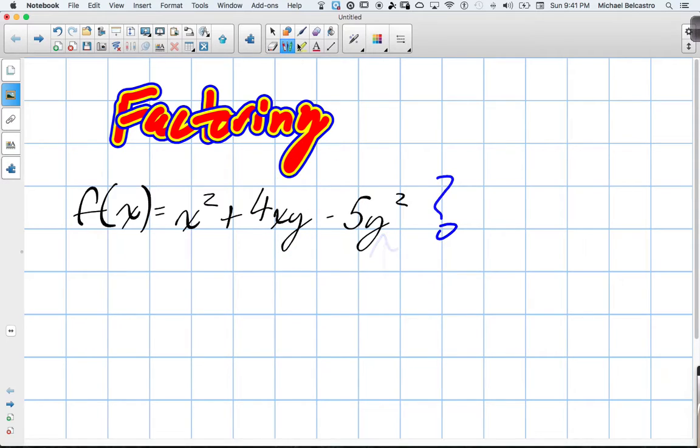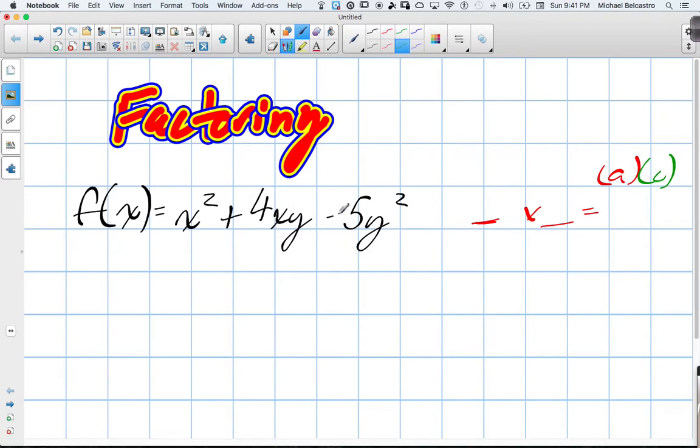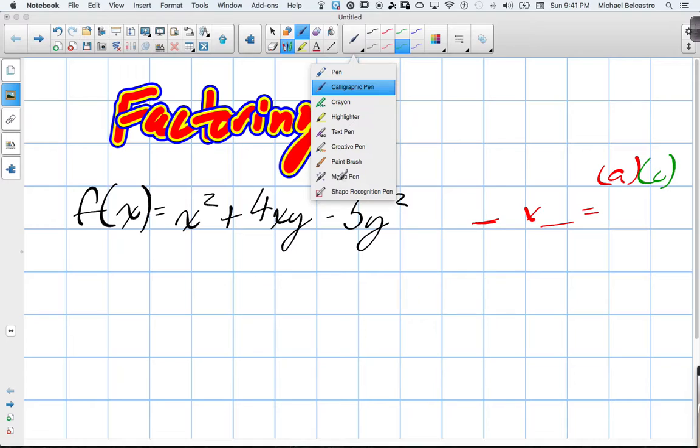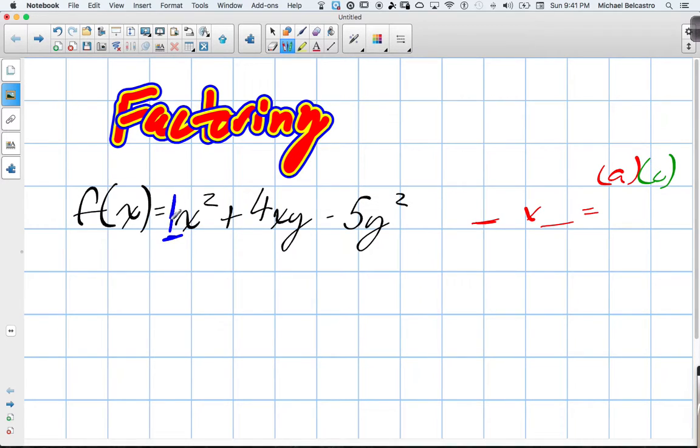What we do is we can do that product and sum, where they tell you to multiply two terms that multiply to your a times your c. The only thing they don't tend to do with a times c is they normally just give you the coefficients. That would be 1 and -5. But really,